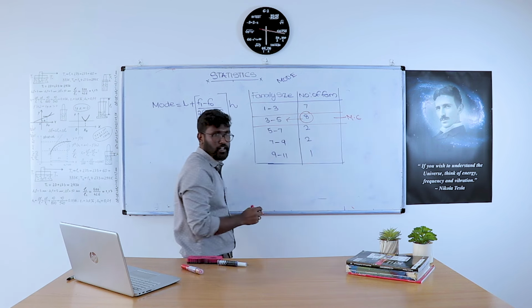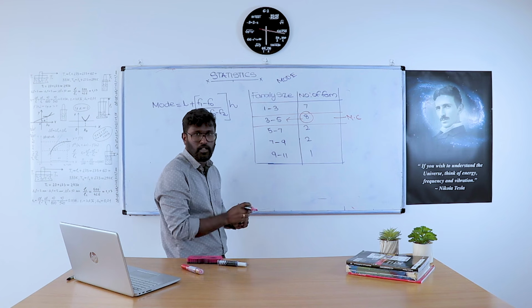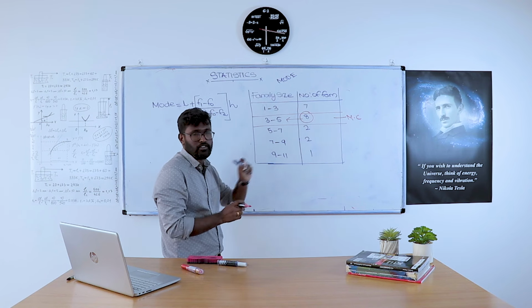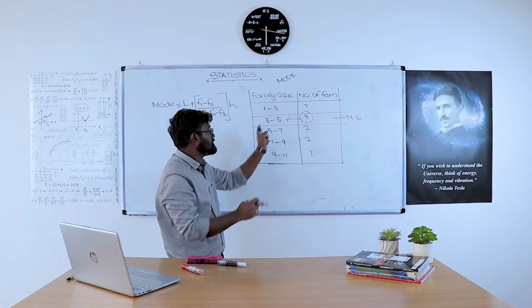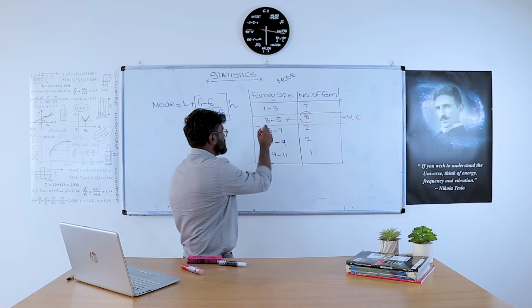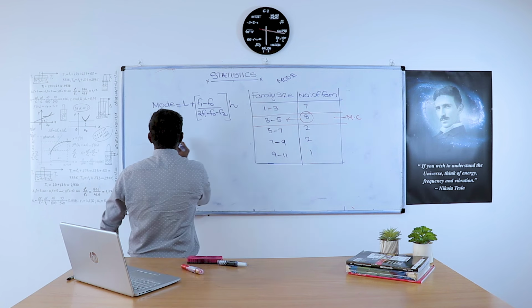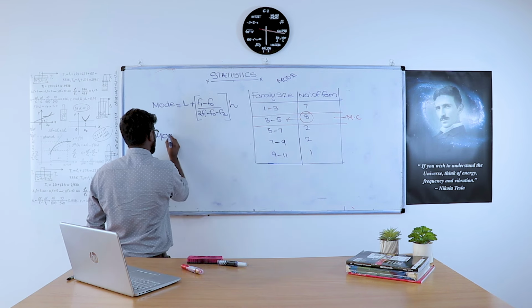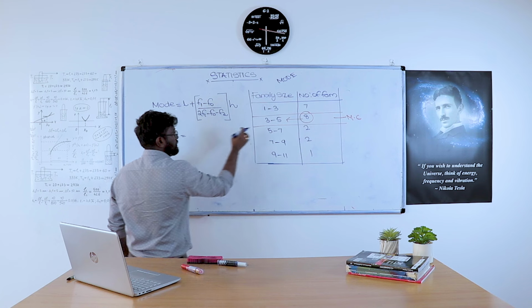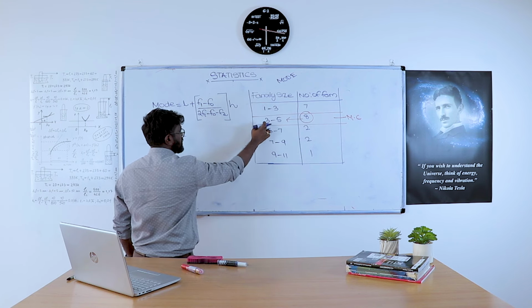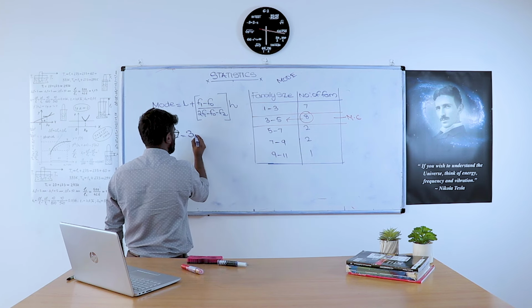How will you find the model class? Check the frequency table and find out the maximum frequency. The corresponding class interval is the model class. So we have to substitute in this equation. So mode equals L, the lower limit of the model class, that is 3, plus